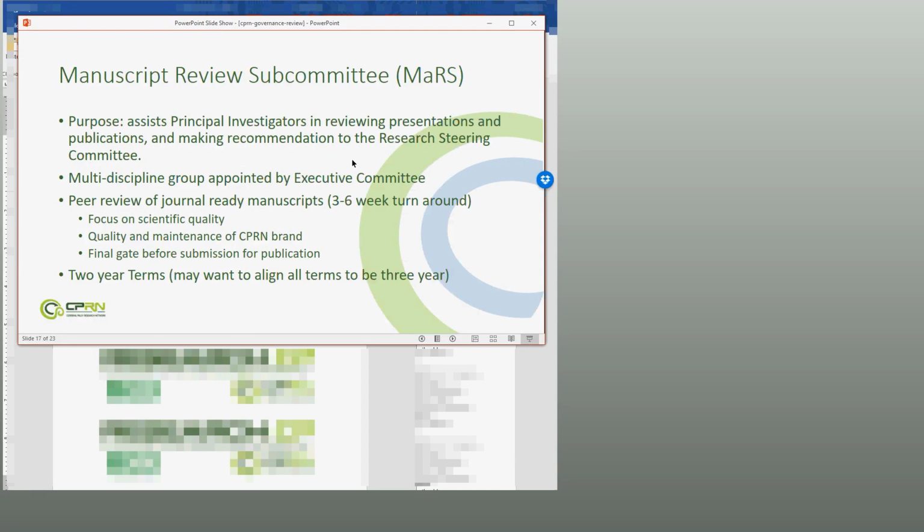Okay, and then the Manuscript Review Subcommittee, or MARS, because I could, is intended to be our quality bar for things we present or publish. It's intended to be a multidisciplinary group of investigators in the network that provide a peer review of journal-ready manuscripts. The idea is not to delay things greatly. We've said internally we think we should always be able to do this in 3 weeks, but we want to give ourselves 6 weeks, and it's a focus on scientific quality and maintenance of the CPRN brand for high-quality multi-center